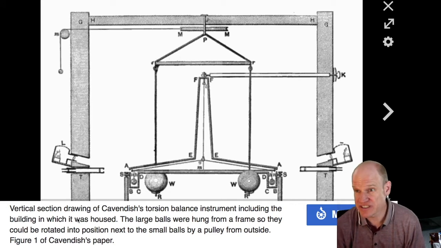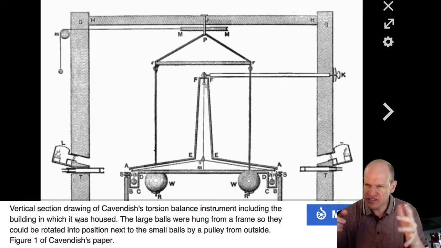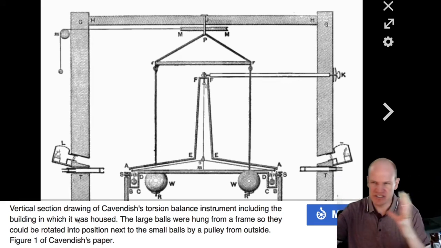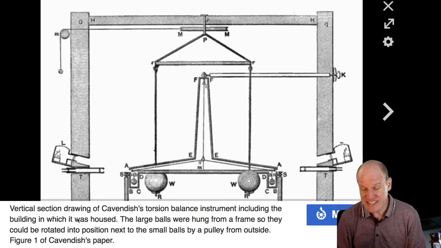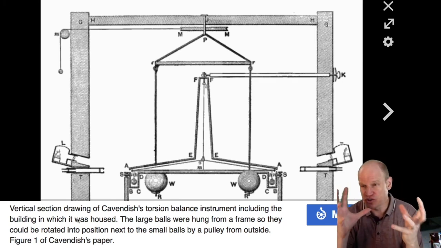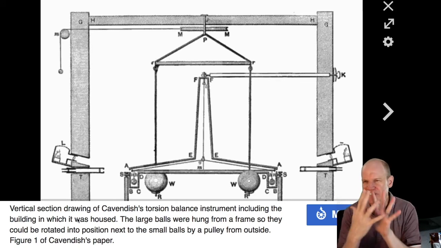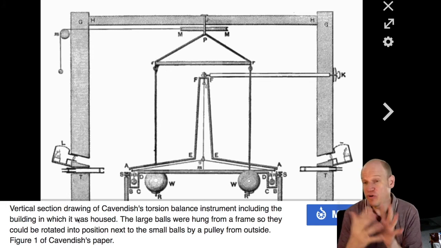When you do this in a laboratory today, you'll actually have it in a vacuum chamber, because any residual air currents are going to cause this thing to blow all over the place. The gravitational force is extremely weak, and so having such a weak force means that any kind of air currents flowing through there is going to mess up your measurement. And the only way to do it is to completely isolate it from the air in general,